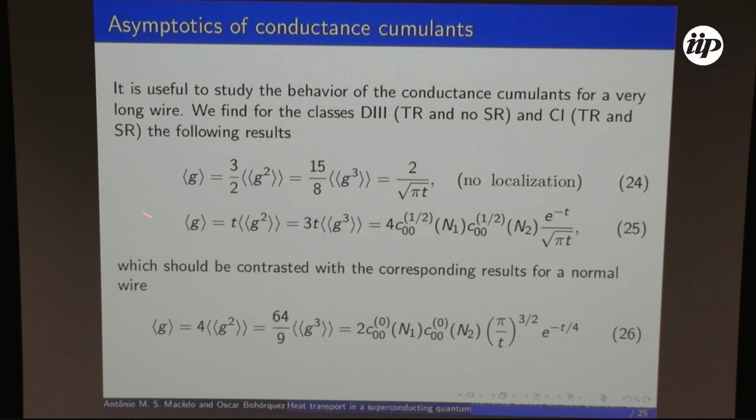That you have no localization. So there is no localization in this problem if you are in the situation where you have time reversal symmetry and spin-orbit coupling. And that, for a single channel, I'm going to make a comment that has to do with the emergence of Majorana modes. So this is how it has been interpreted. So heat is actually transported by these Majorana modes. For a single channel, there is no, for many channels, it's not so obvious that you can invoke Majorana modes, especially because then you need to replace the conductor. So here we have a semiconductor with a proximity effect inducing superconductivity.